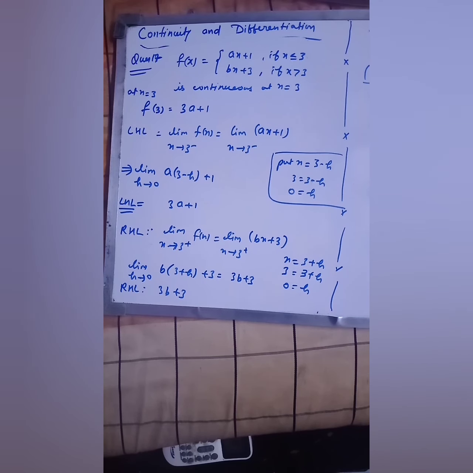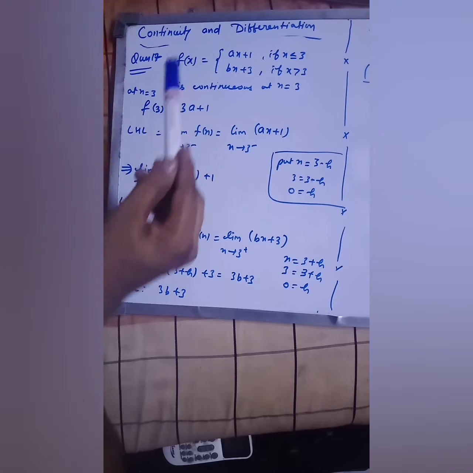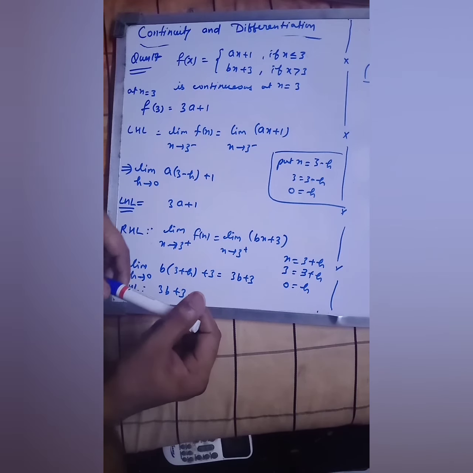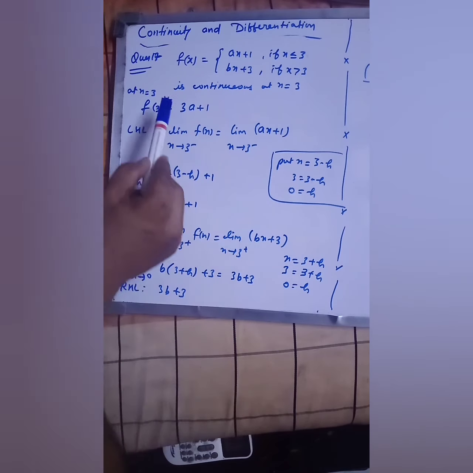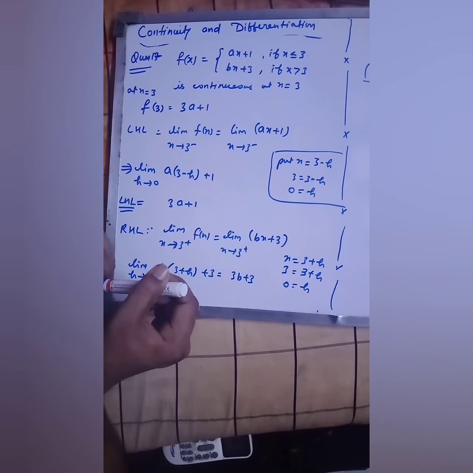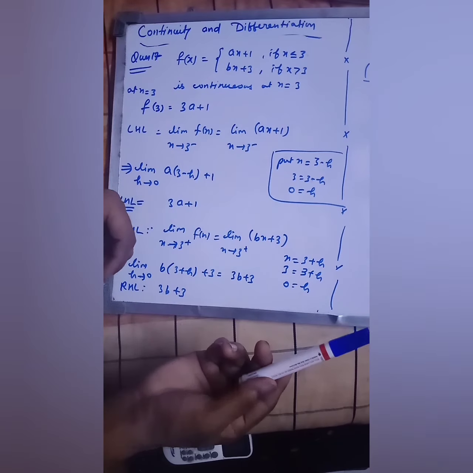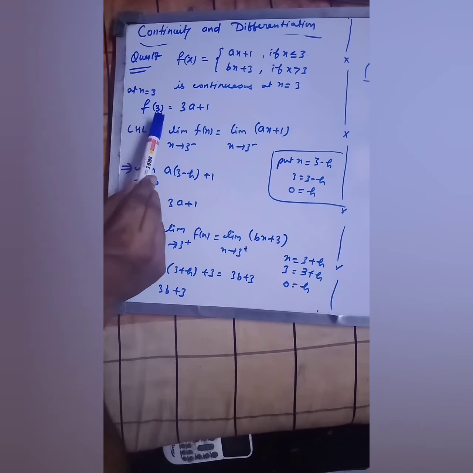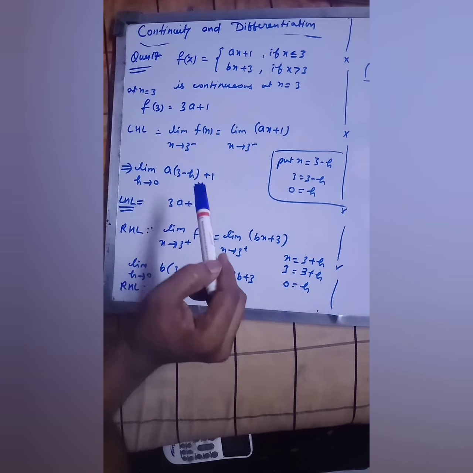Now see, this is your question number 17 of your NCERT. Fine. This is another type. Here we have to find out the relationship between the variables a and b. Got it? And this function is continuous at x equals to 3. This is given to us. So if it is continuous at x equals to 3, we have to take the three conditions. At 3 we will find out the value, then we will find out left hand limit and right hand limit.